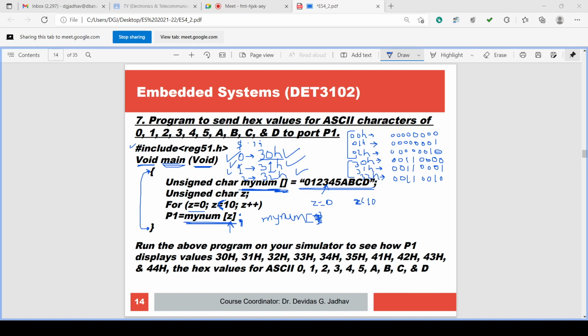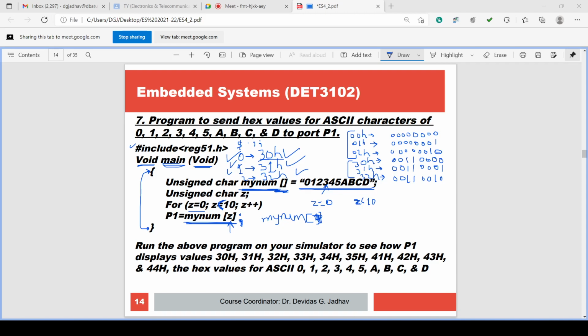So the program is to send the hex values for ASCII characters. ASCII characters are nothing but symbols, and symbols have their own hex numbers, different hex numbers for each symbol, because ASCII characters are coded.